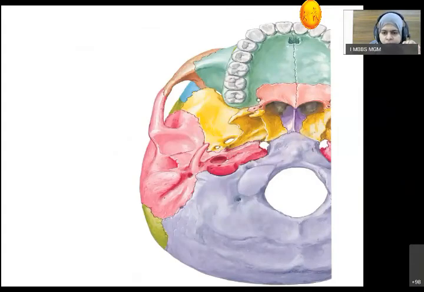We will discuss the remaining portion, and then we will revise norma basalis. Initially we discussed that the norma basalis is when we see the skull from the inferior aspect. It is divided into three portions. One transverse line passes from the posterior nasal spine, and the part anterior to it is the anterior portion.